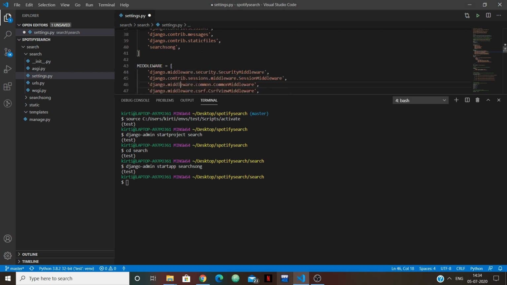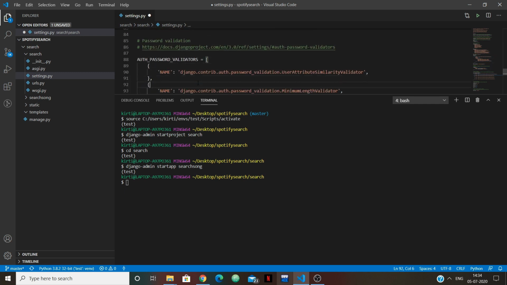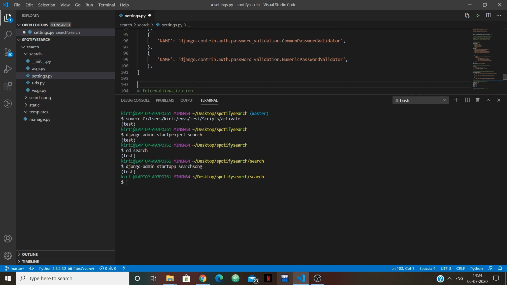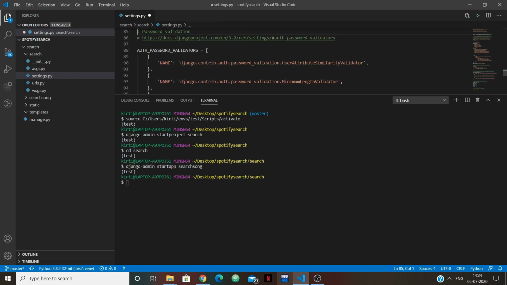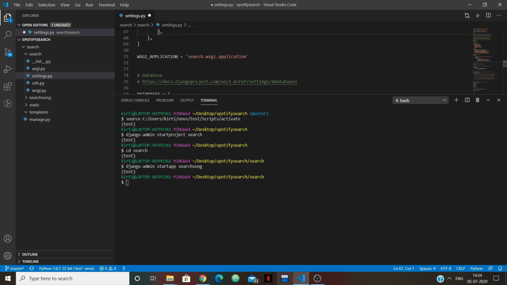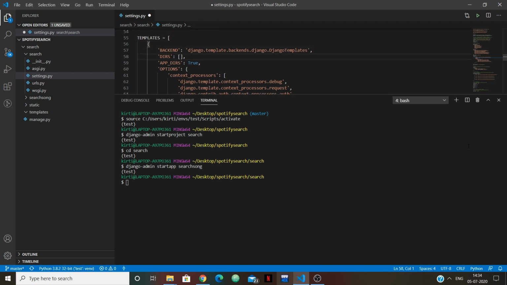And also since we have created a templates folder, let Django know that all your HTML is present in this templates folder. So here you will see a templates option.